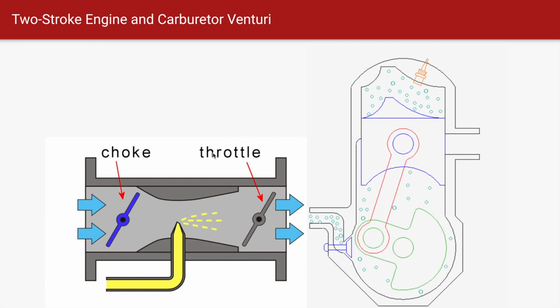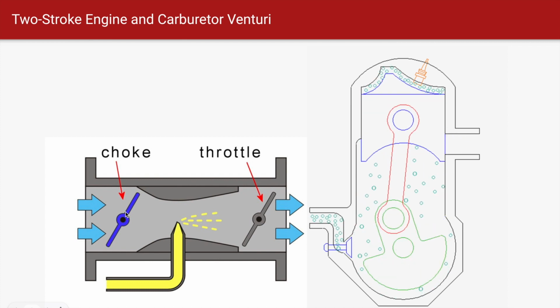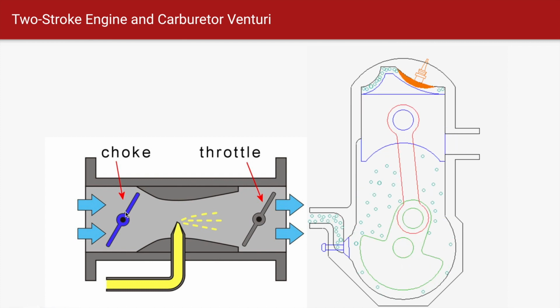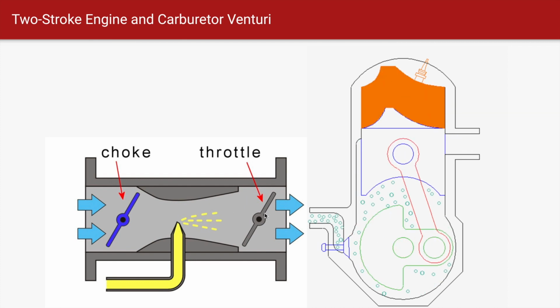A venturi contains two moving parts, a choke, which is used when the engine is cold to restrict airflow. This allows it to vary the air-fuel ratio going into the engine. And when the engine is warm, the throttle is used to change the air-fuel ratio, and the choke is left